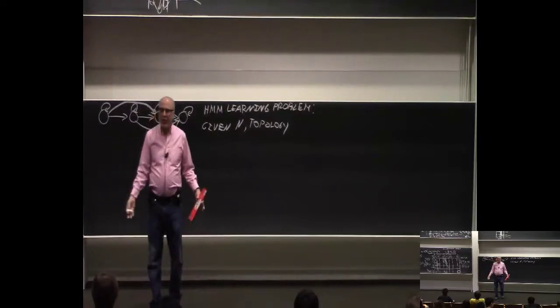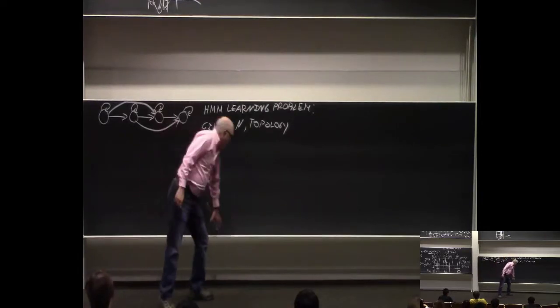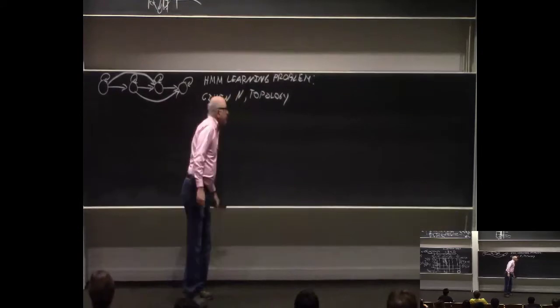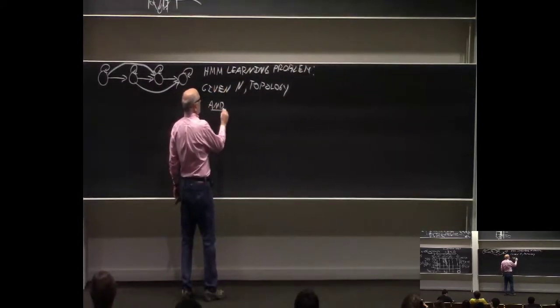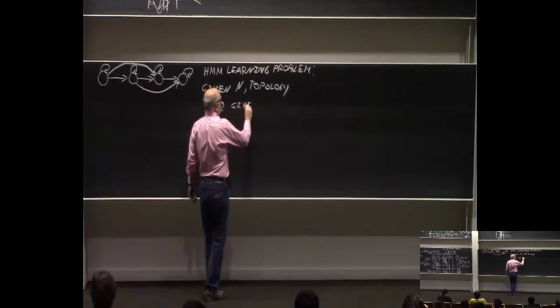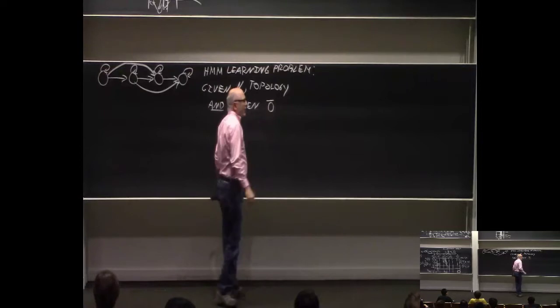That can always express all the other topologies by setting some of the transition probabilities to 0. And given an observation sequence,